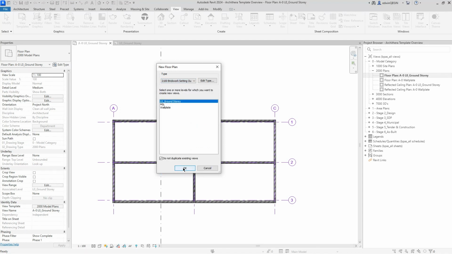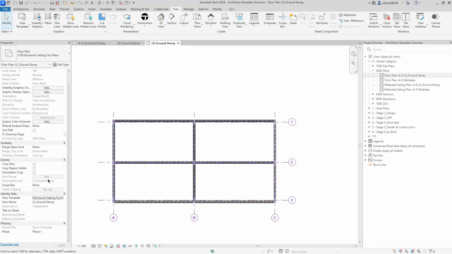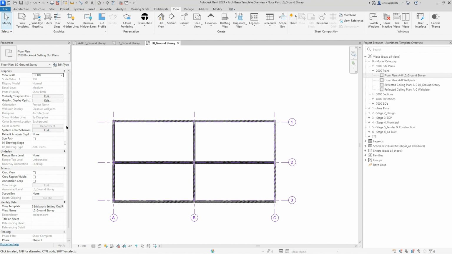So I'm just going to say OK. And there you go. You see it's automatically updated, especially those two parameters, my drawing stage and my drawing type. What you've noticed with this one is that some of the views can be shared into multiple stages, so for instance this drawing, the brick setting out plan,